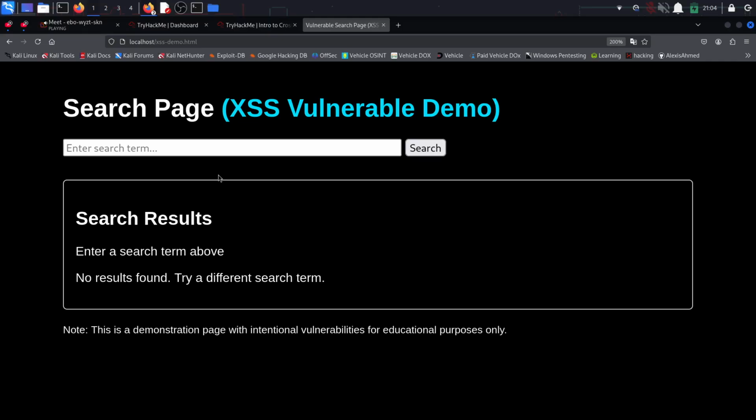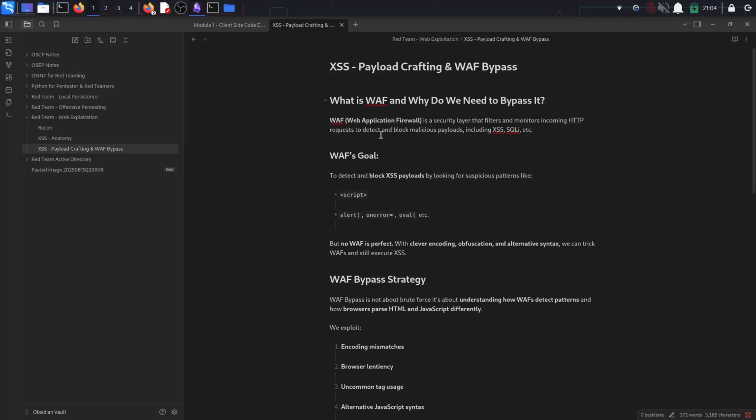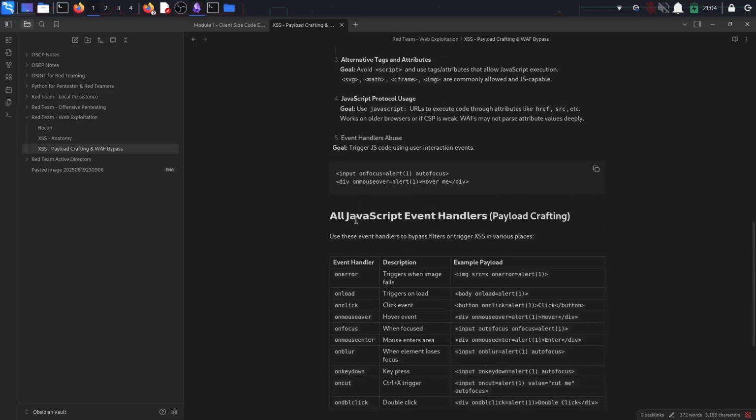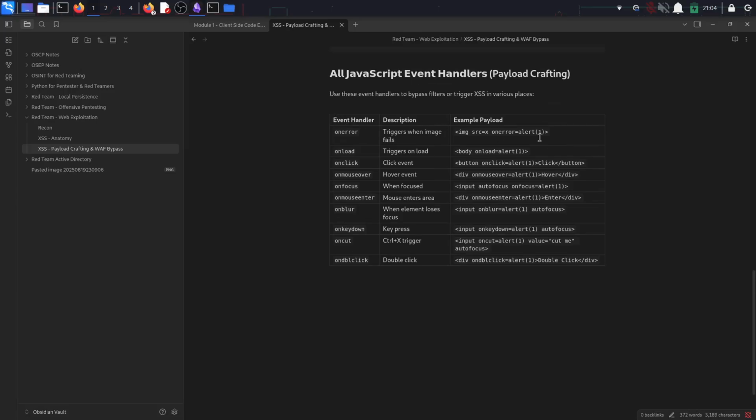Okay, event handler. So here are some of the event handlers which I particularly use when I'm creating any payload